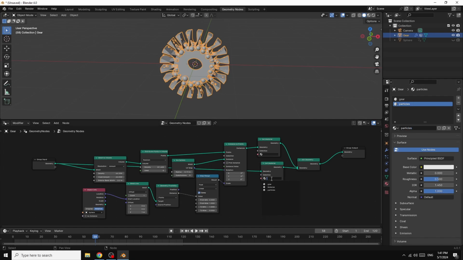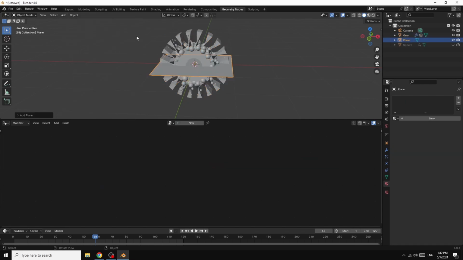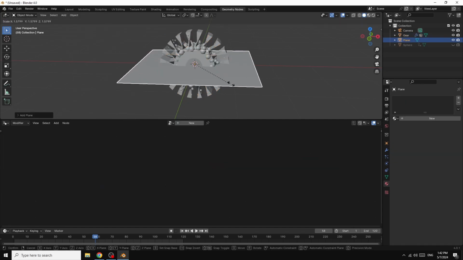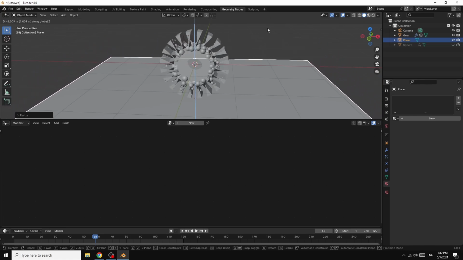Okay, open this and make it gear. So this one will be the particles. Okay, now we are finished with geometry nodes. I go here in add, in mesh, I select plane. S to scale it, G, Z down,